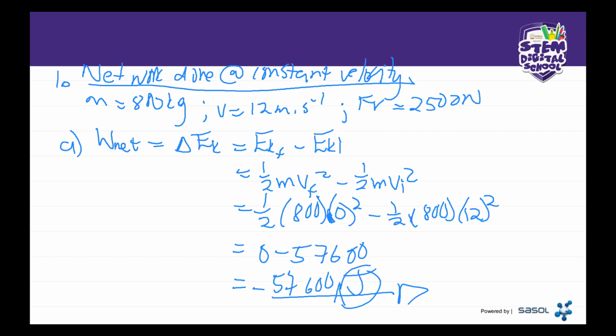So our net work is equal to the change in kinetic energy. And guys, remember, you determine this by what you have. If you were given, for example, a distance, if it wasn't velocity that was given, once you have velocity, that's when you use your kinetic energy formula. But if they had given you the distance, then you would use net work is equal to F delta x cos theta. So there's always different ways to find your answer depending on what is given. Okay, so this is going to be our A.